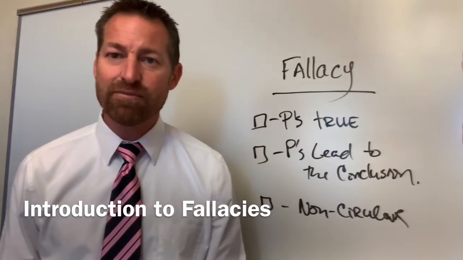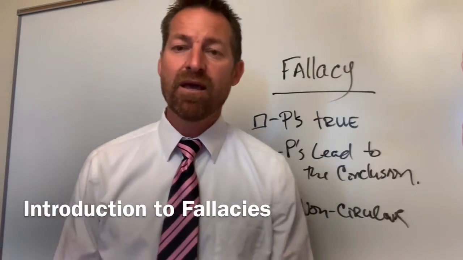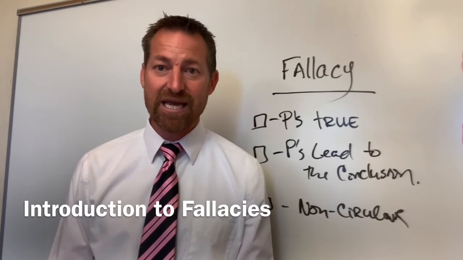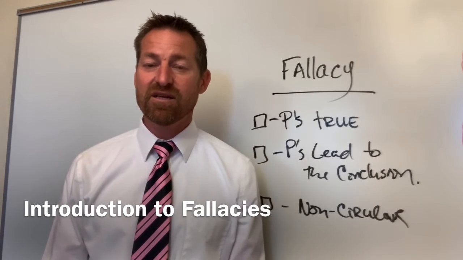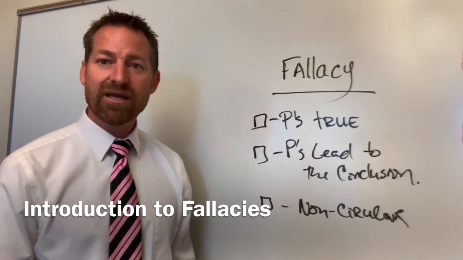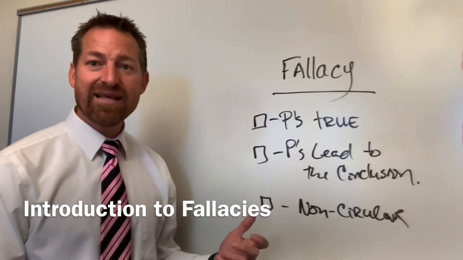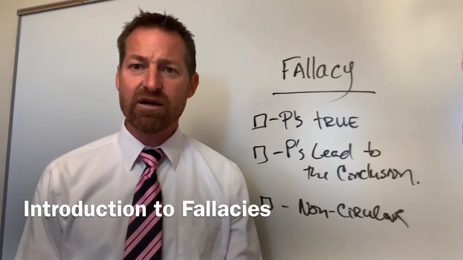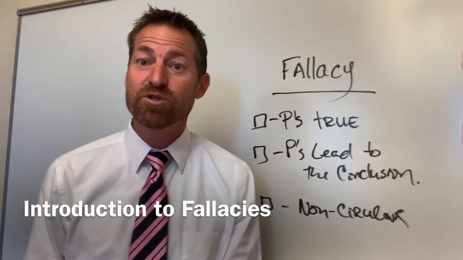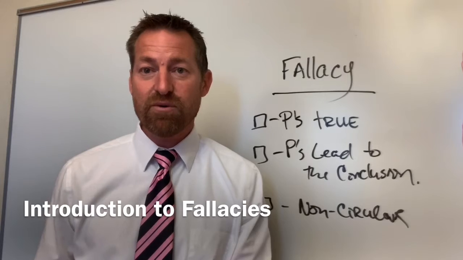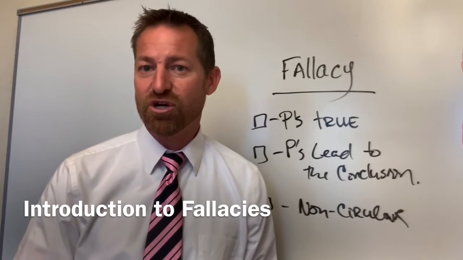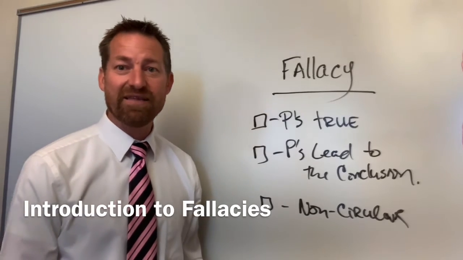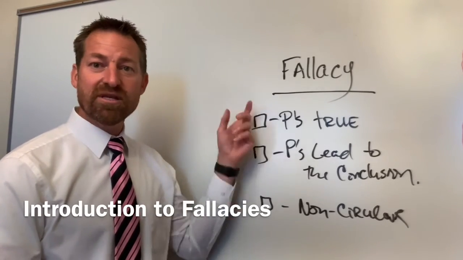Just as an example, when we study the ad hominem fallacy, an ad hominem fallacy is when you make a charge against a person, usually against their character, in a way that's irrelevant to the conclusion. The problem in an ad hominem fallacy is that you're citing things that don't lead to the conclusion, but those character flaws you're drawing out still tend to persuade people to agree with you and disagree with the person you're charging has bad character. A lot of times that's irrelevant, and if it's irrelevant to the conclusion, then it's a fallacy.